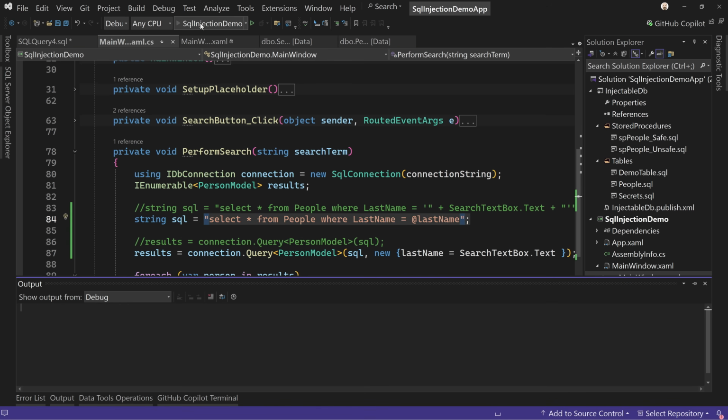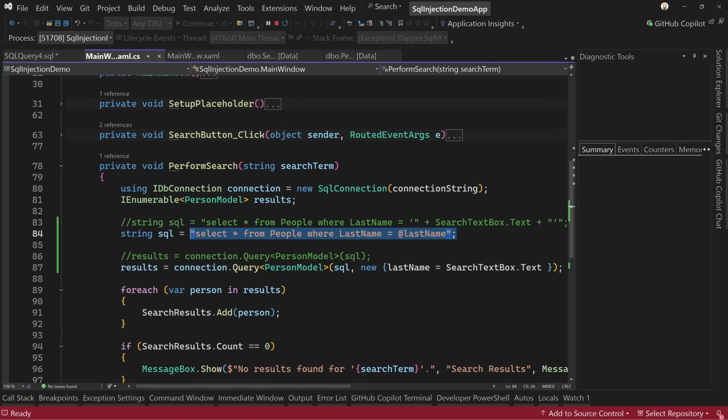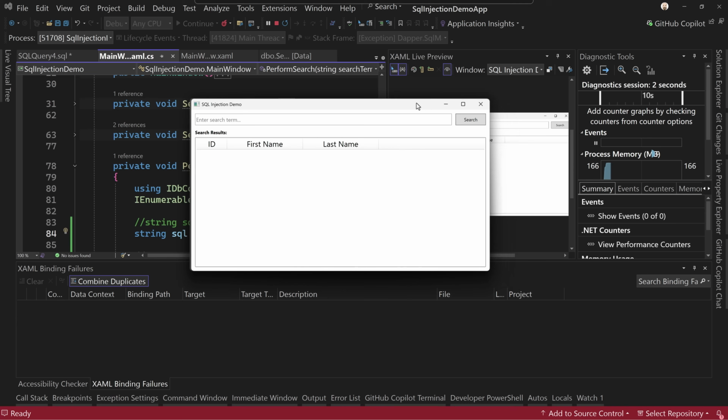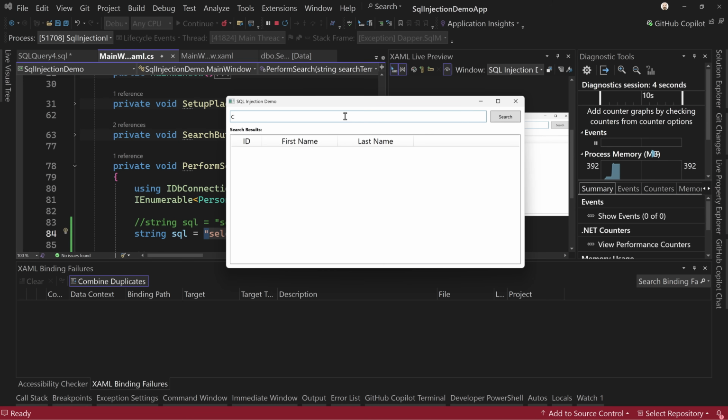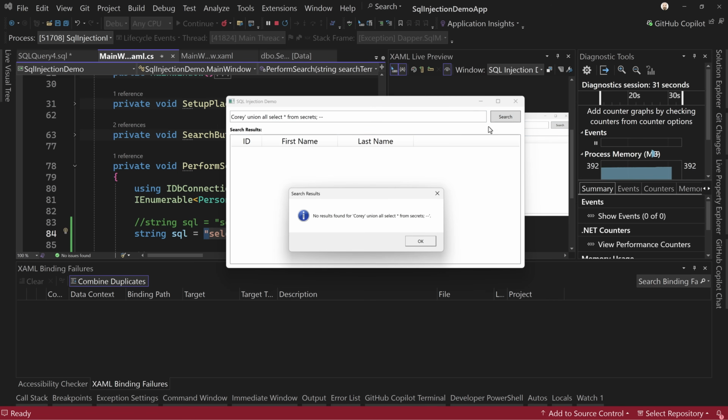So let's run this again, and we're going to call that same injection attack. We'll make sure it works first. So Corey, and yes, Tim Corey returns. So we're going to do that same SQL injection attack. We're going to say single quote, and then union all select star from secrets. I can't do the drop table because there's no table to drop anymore. It's gone. And then I'm going to do my code comment at the end,